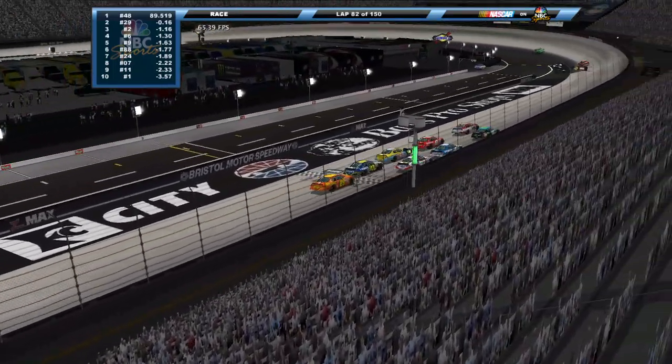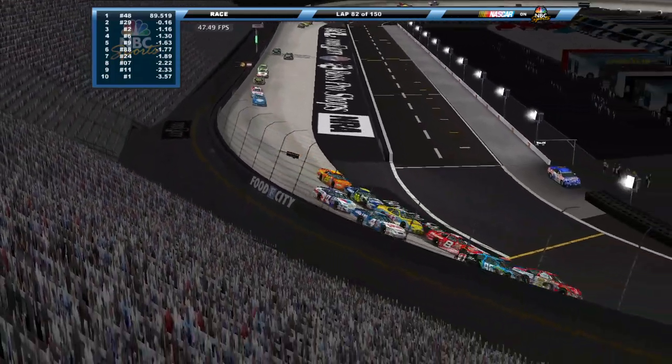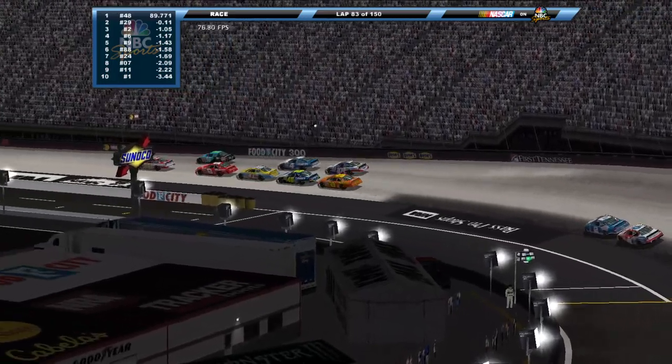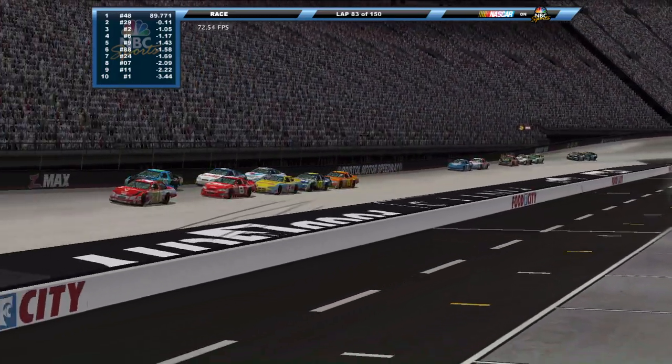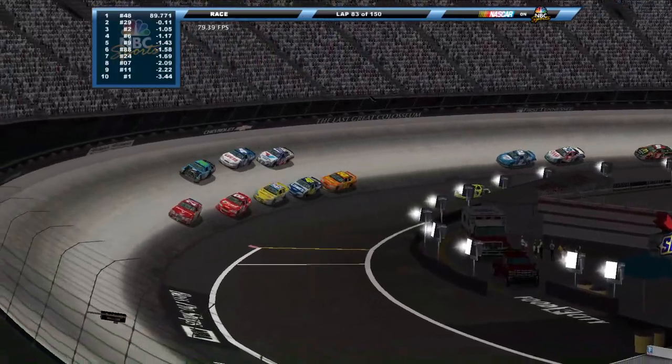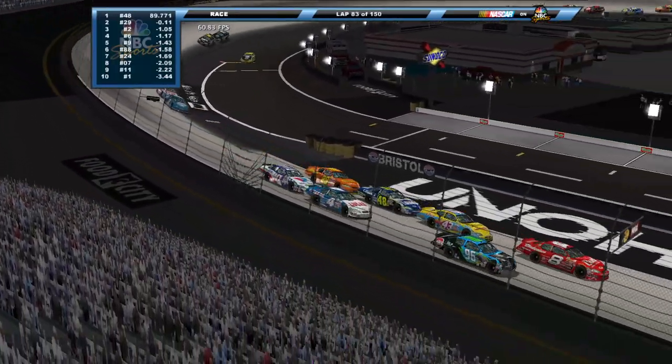Johnson, the track is completely blocked. There's nowhere for Johnson to go, nowhere for Harvick to go. They're just going to have to be patient and wait it out here. That is a huge pack of cars. And this might allow Kurt Busch to run these guys back down as well here. Kurt Busch trying to fight off